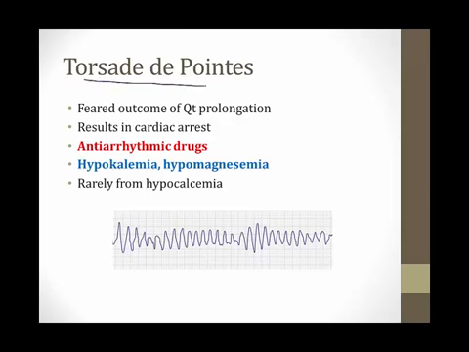This word means twisting of the points, and it's a form of ventricular arrhythmia that occurs with the QRS complexes getting smaller and then larger and then smaller again. And this is the feared outcome of QT prolongation. If your QT interval becomes prolonged, you will develop torsade de pointes, which results in cardiac arrest and can result